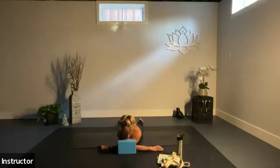Let's take 2 more breaths here, but nice full breaths, not forcing them, but nice full inhales. Exhales and softening. Inhale, expanding. Exhale and soften. And if your head's on your block, lifting your head,